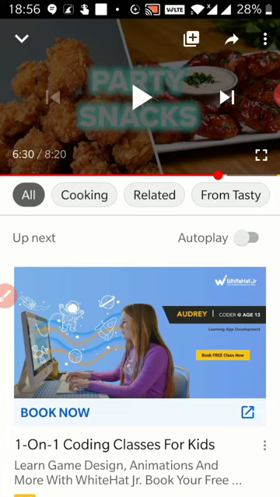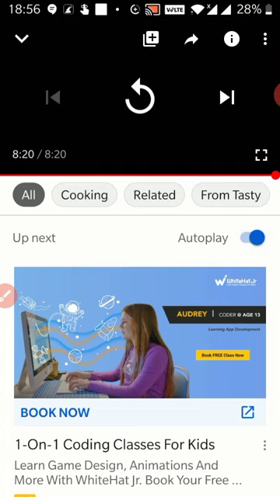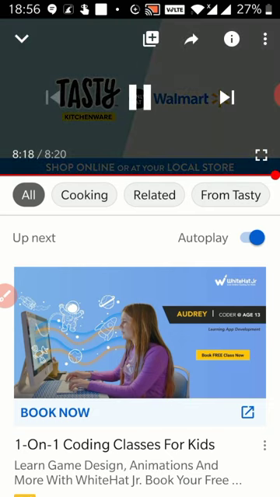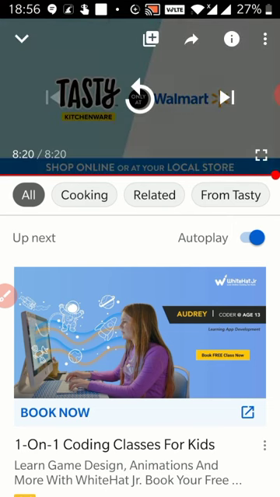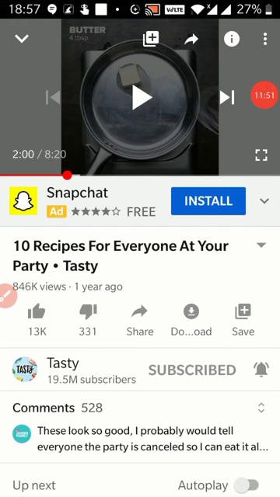It will directly play the next video. Now my autoplay is on. If it is off, you will get an option to see it again, and when it is on, you will directly get the next video. So that is all for this, all the options for viewing any video.